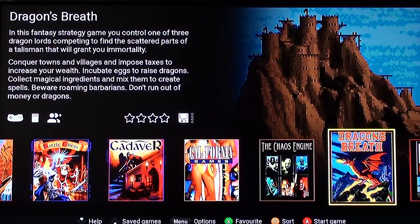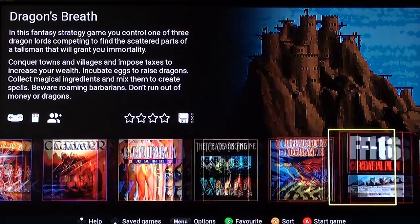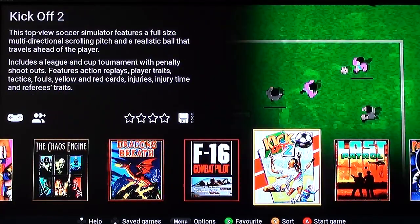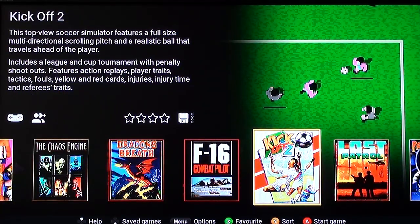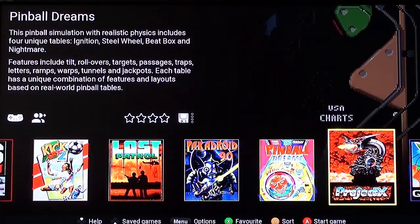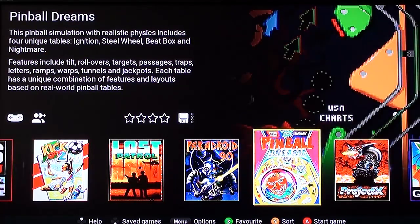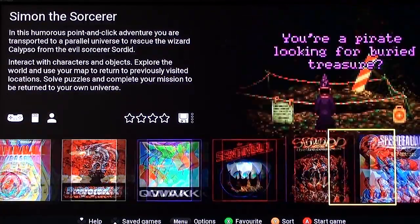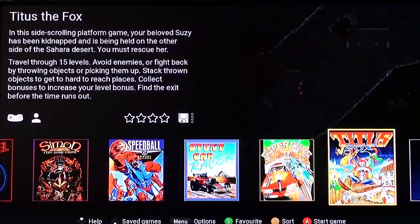What I'm not going to do here is do what some people have done and play all of these games, because honestly, I don't care. It's like Kickoff 2. Pfft, Sensible Soccer, anyone, please? Come on. The choice is Pinball Dreams. Why not Pinball Fantasies? Granted, Fantasies wasn't available on the 500, but then there are games on here that are AGA that you could not play on the...